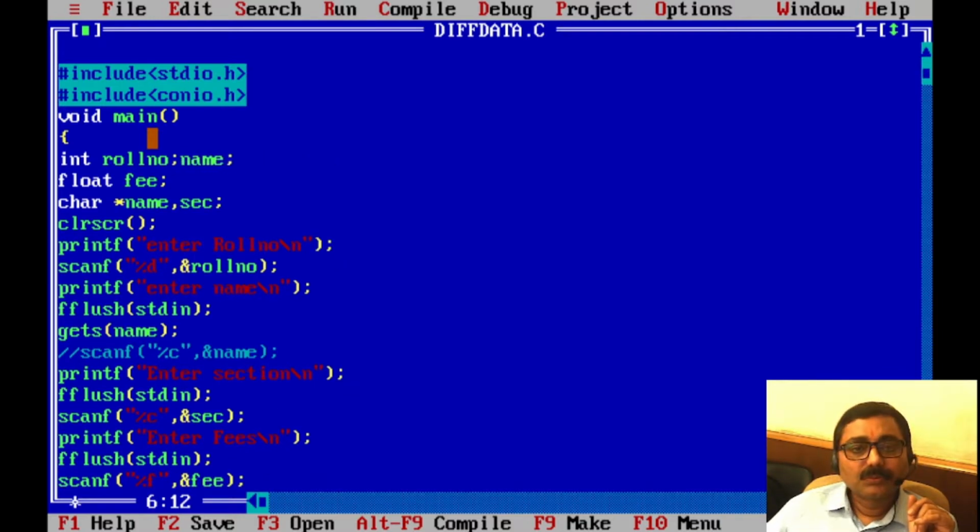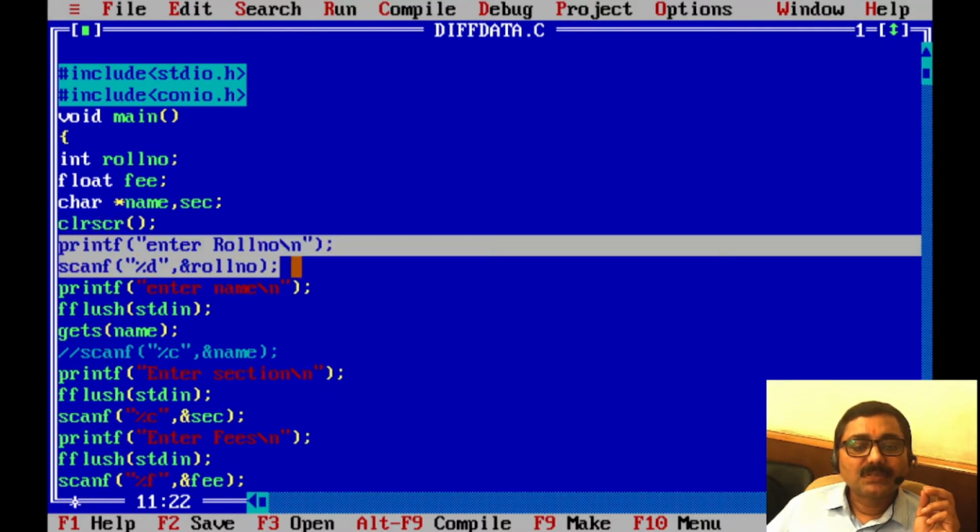For this we have taken one integer, that is roll number, one float, that is fees, one character, this is section, and for reading the complete name we have taken a pointer. CLRSCR is for clearing the screen.